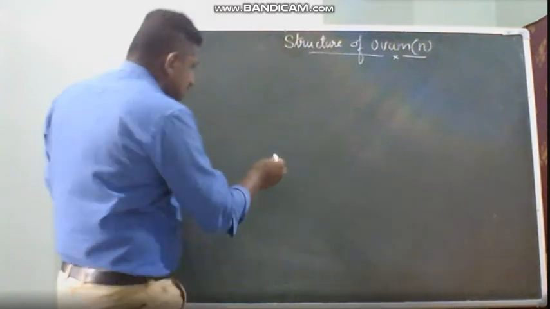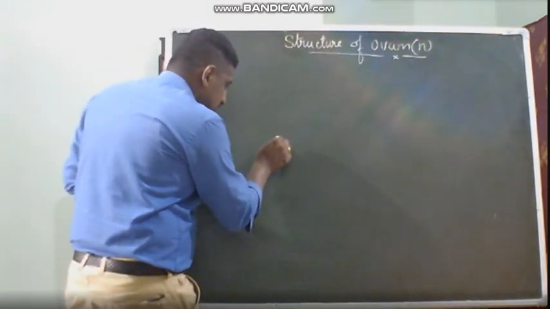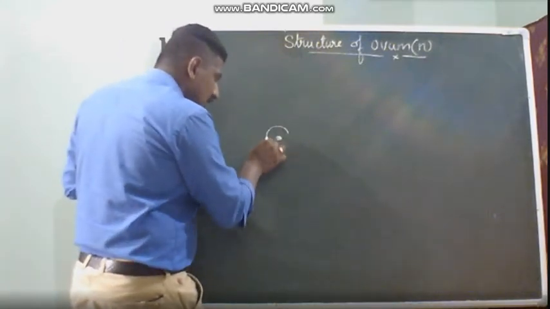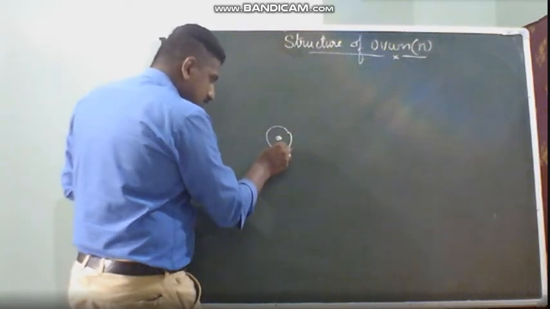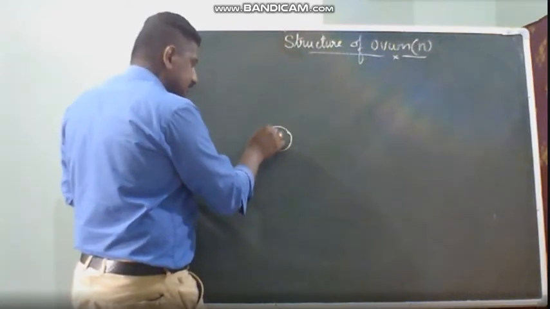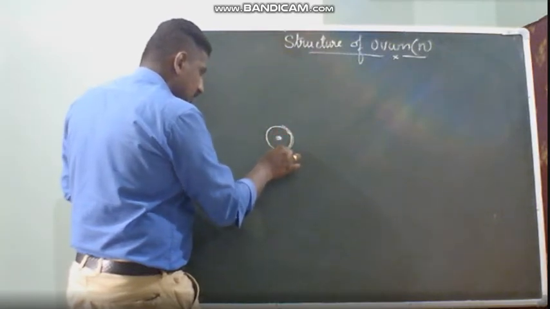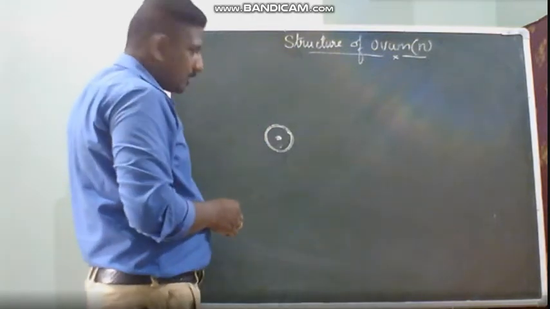First, always start with the nucleus. So, I'm going to start with the nucleus. The nucleus is covered by the nuclear membrane, and it may have the nucleolus. This is the first thing you should draw. And this is the nuclear membrane. Don't say nuclear core and all, nothing to show in this. Okay, fine, you are given the nuclear membrane.